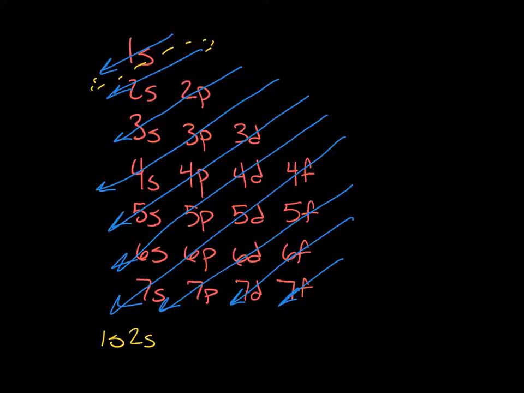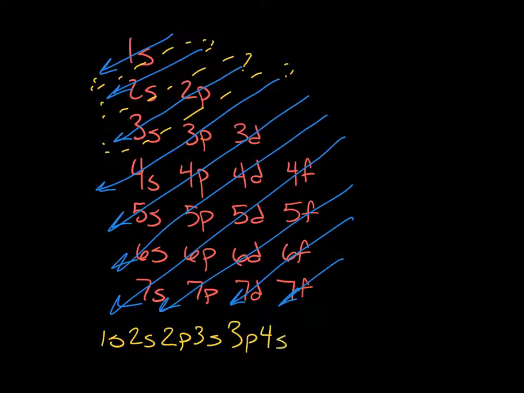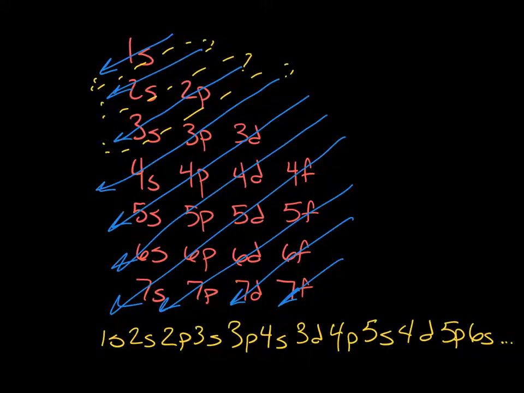And then you double back to the beginning of the next arrow, which goes 2p, 3s. And then you double back and go back to the 3p, 4s. And that continues on and on until you have a continuous string of energy levels and orbitals. And as you can see, it continues on until you go through all of the energy